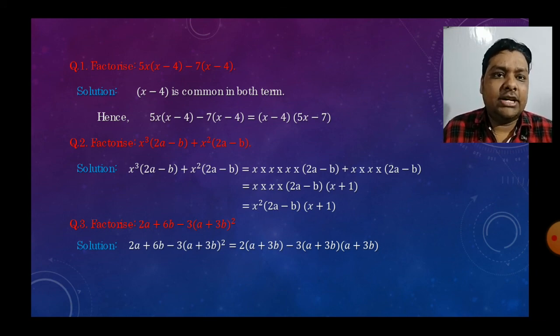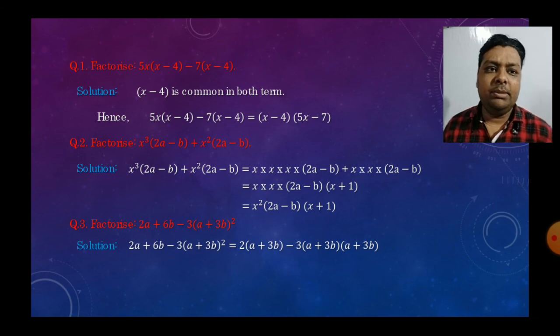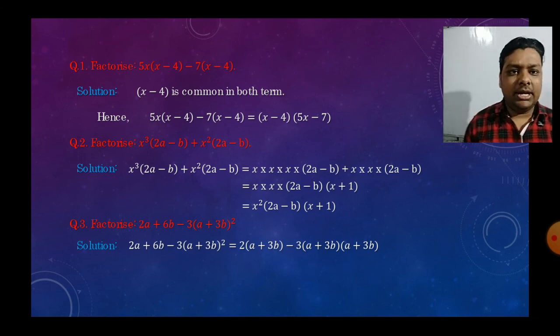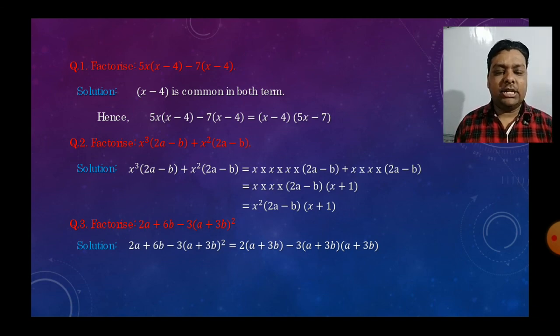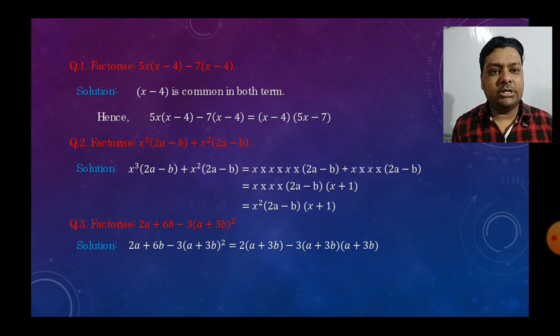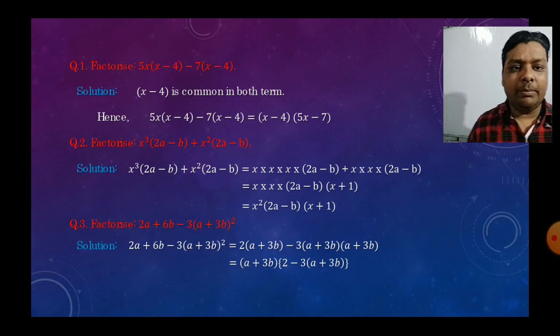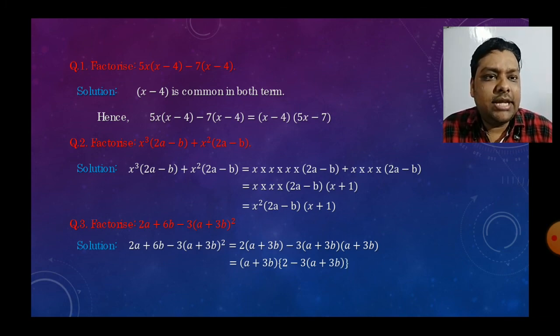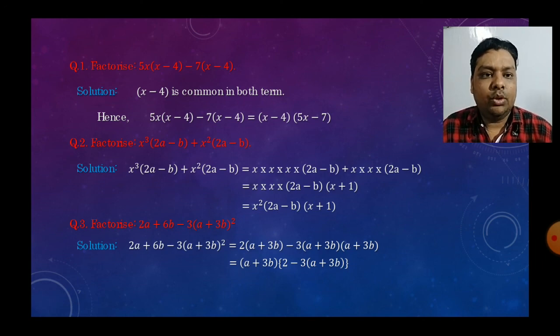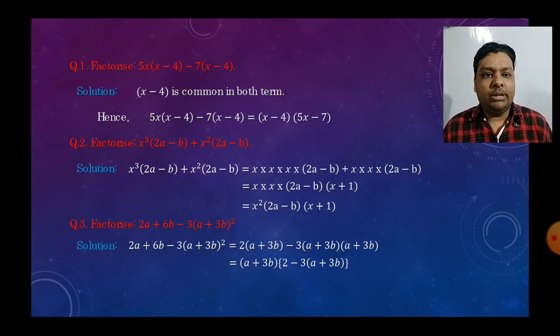It means we can write it as 3 times (a plus 3b) into (a plus 3b). Okay. Now you can see what is common. A plus 3b is common in both terms. So we can take out a plus 3b outside. Then what is left in the first term? 2 only. We will use the middle bracket also. Then minus, and in the second term only 3 is left and 1 more (a plus 3b). So we will keep a plus 3b in bracket, and that's why we will use the middle bracket.